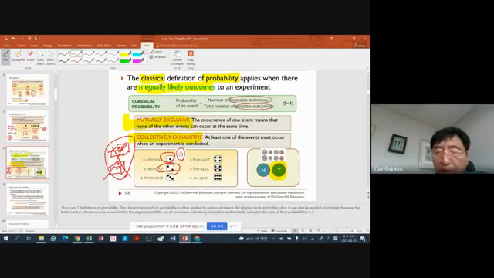Another example is a coin. When head appears, tail will be on the bottom. When tail appears on the surface, the head will be at the bottom. Both head and tail cannot appear at the same time. If one appears, the other should not appear at all. It is mutually exclusive. Do you understand?